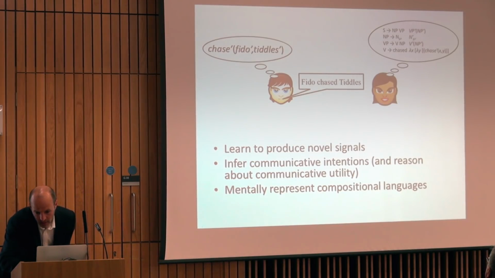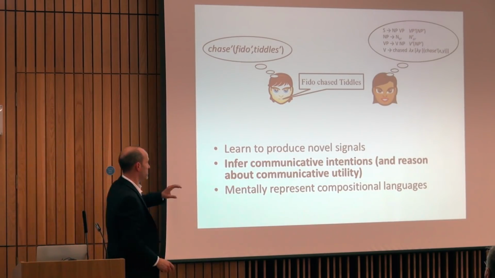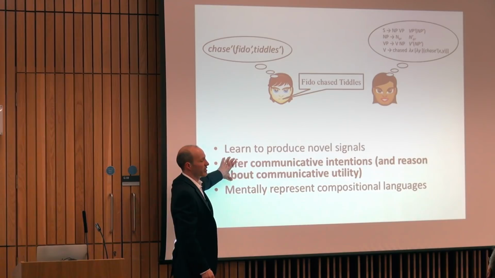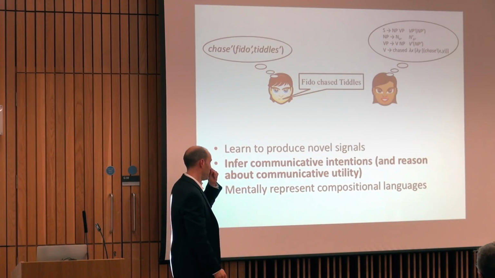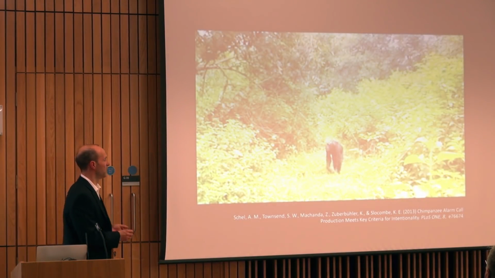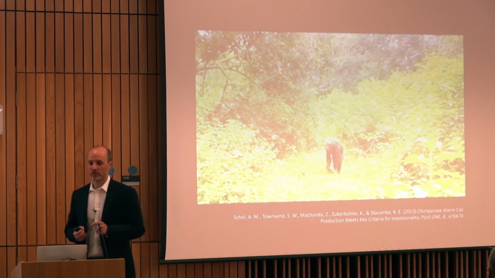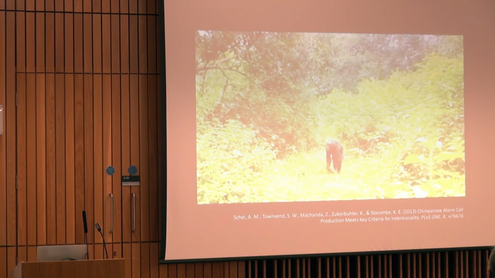Okay, so this comes from work by Katie Slocum and her colleagues, which suggests that chimps take into account knowledge or ignorance of other chimpanzees when they are communicating in the wild. To illustrate that, I'm going to show you two videos from this paper of how chimpanzees respond to a dangerous item in the environment, a snake.